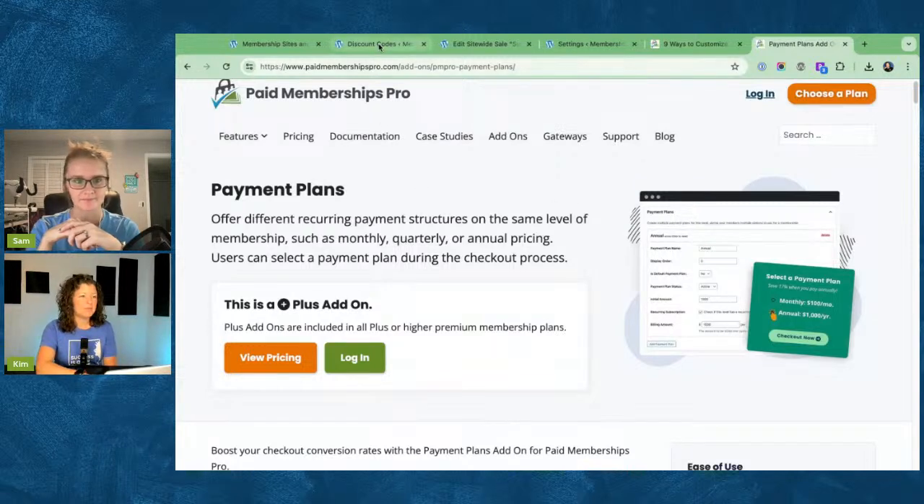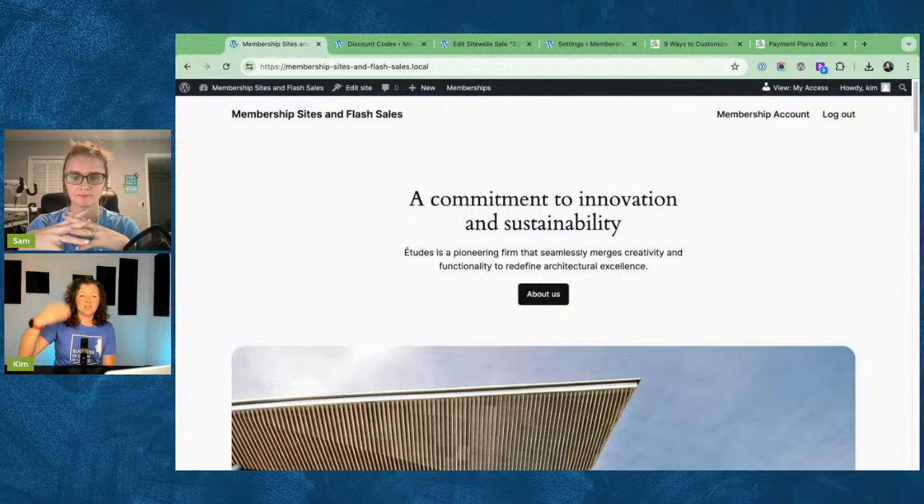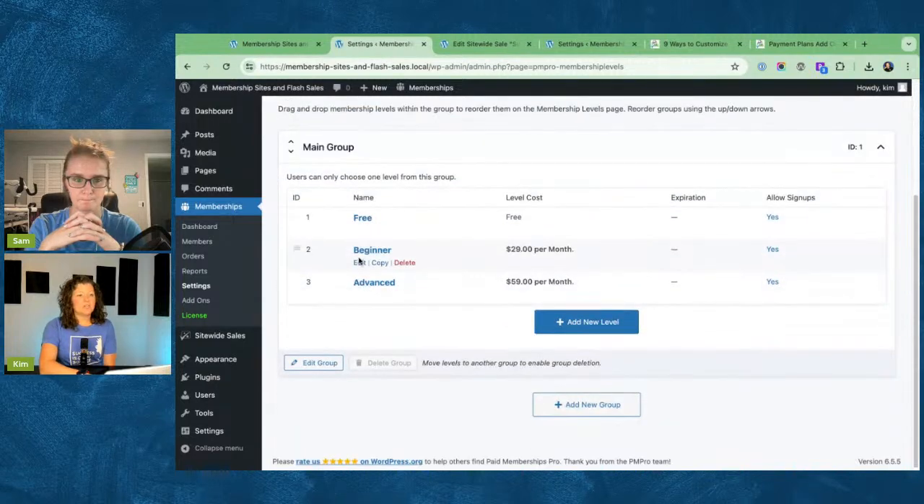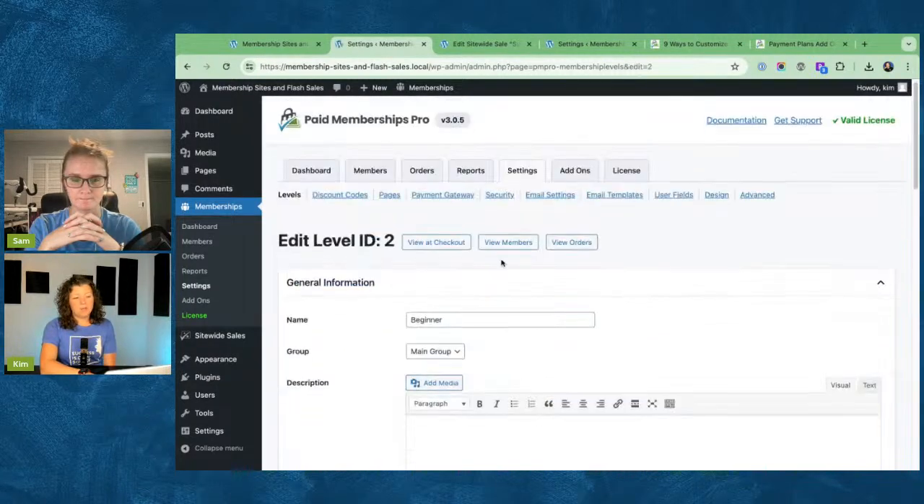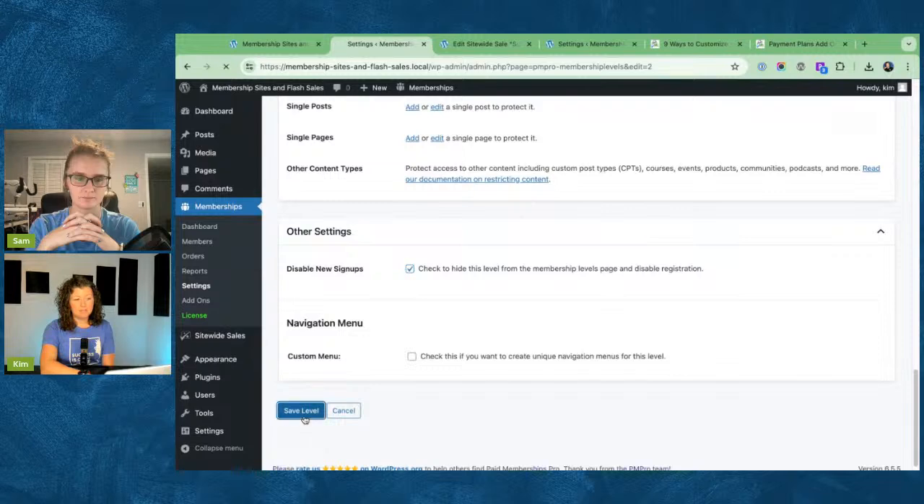But maybe you don't have a ton of content to protect, and having that additional level turning off the annual one, setting it to disable new signups. I'll just show that setting quick. Let's say this was our old annual level, this beginner. We don't want to offer that anymore, but you don't want to delete the level because you have people already in it. You would go in, edit the level, other settings, click disable new signups, and then that will,